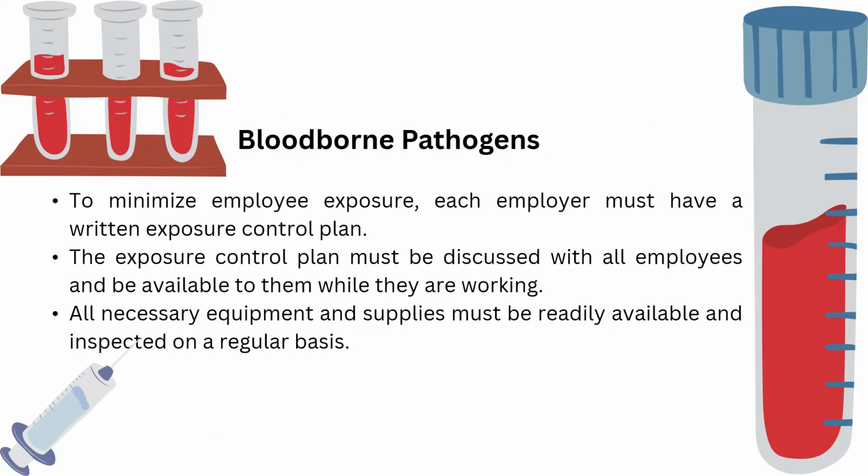In December 1991, OSHA issued the final rule for occupational exposure to blood-borne pathogens. To minimize employee exposure, each employer must have a written exposure control plan. The plan must be available to all employees whose duties may result in reasonably anticipated occupational exposure to blood or other potentially infectious materials. The exposure control plan must be discussed with all employees and be available to them while